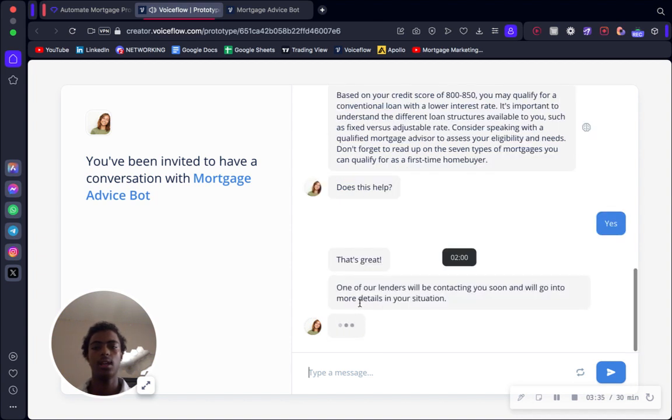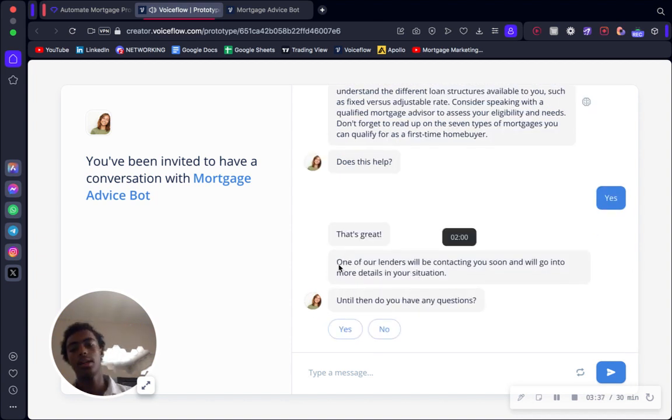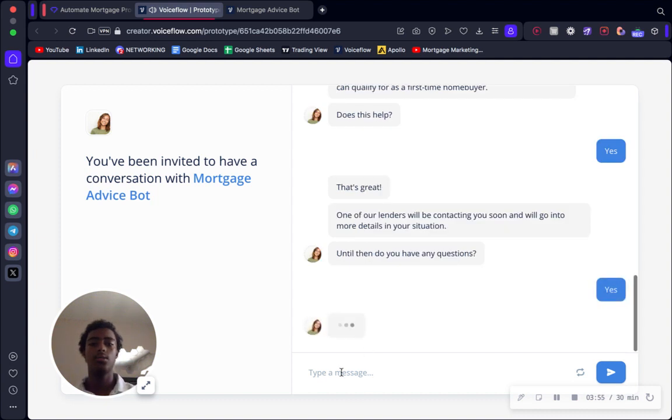That's great. One of our lenders, this is an important part right here. It's telling the lead in advance that one of your employees, one of your coworkers, or you yourself is going to be contacting that lead. So you're going to be contacting me, and it's giving me a heads up. And then it goes, until then, do you have any questions? Yes, I do. What is the difference